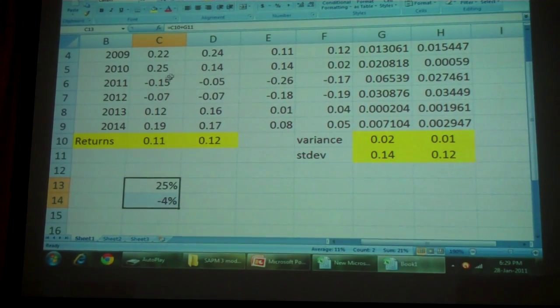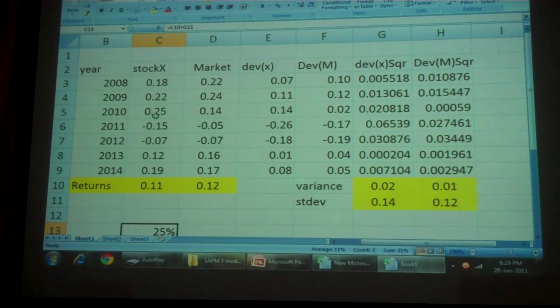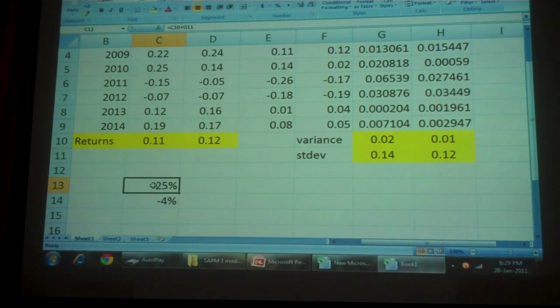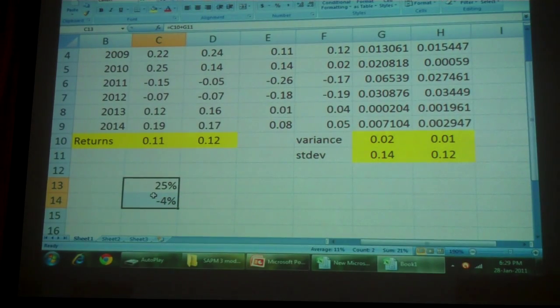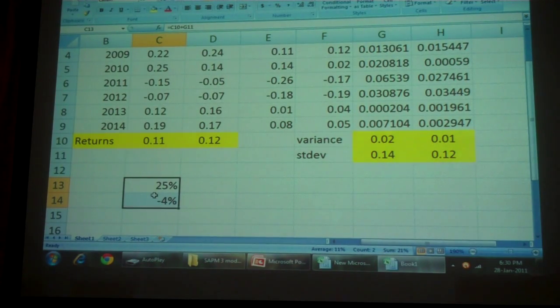There is a huge fluctuation. Sometimes there is a positive return, sometimes a negative return. So the more the fluctuation, the more the standard deviation. The more the standard deviation, the more your range. Some stocks will be like minus 40% to plus 40%, a huge standard deviation. If that value is huge, say minus 40 to plus 40, better not to invest in that. No, I expect more returns. See, the more the risk, the more the returns.